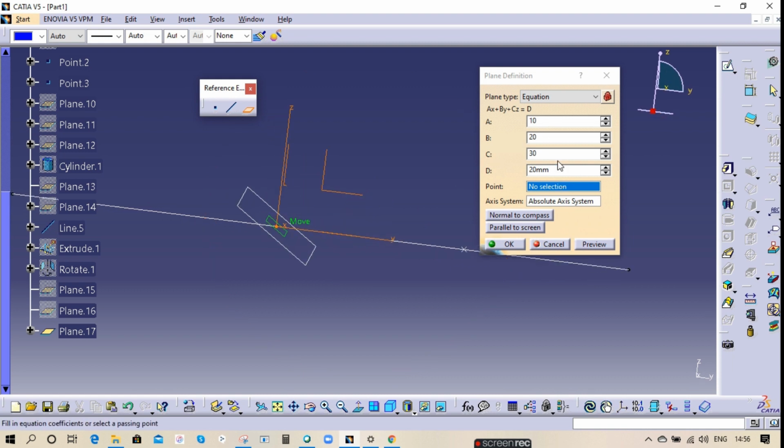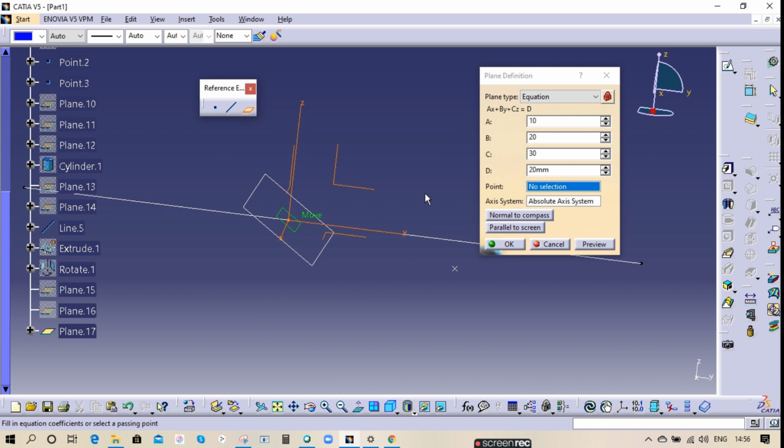These values we mostly use in complex shapes and surface designs, and we use this plane type equation mostly in complex shapes only. Okay, this is how the plane type equation works, and this is not that important, but still you have to know how it works.